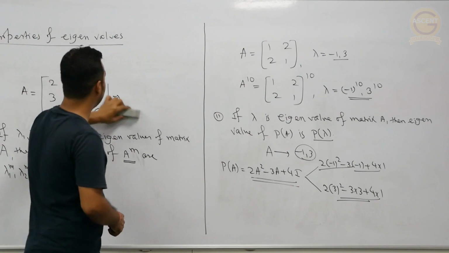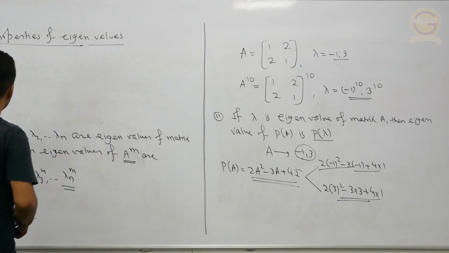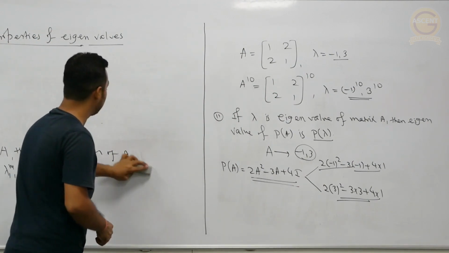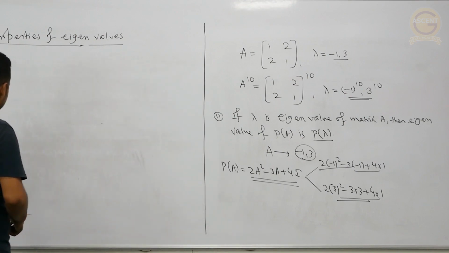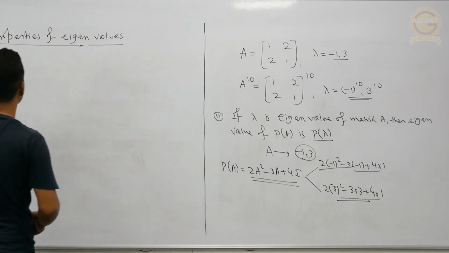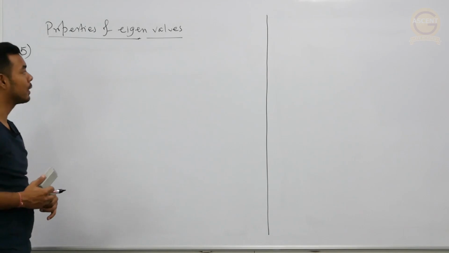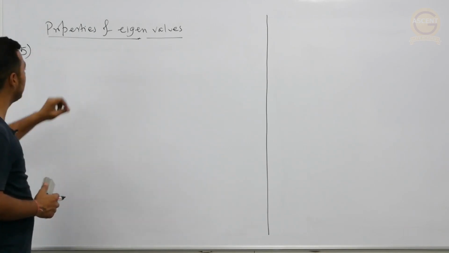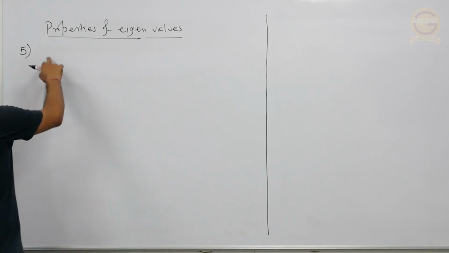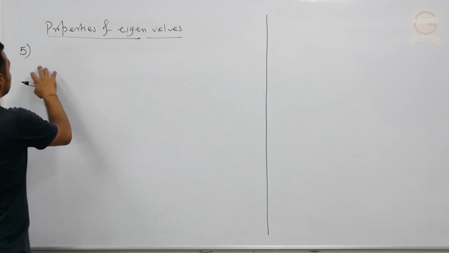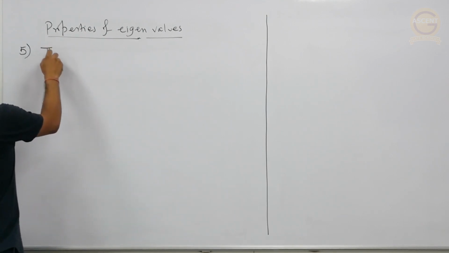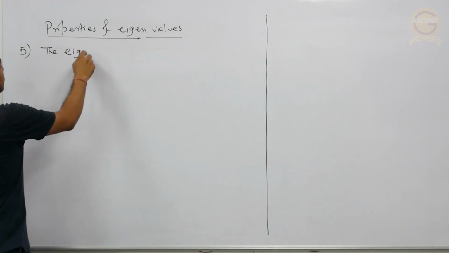Now after this we have to learn the other two properties, which are related to the eigenvalues of symmetric, skew-symmetric, Hermitian and skew-Hermitian matrices. So the fifth property is the eigenvalues